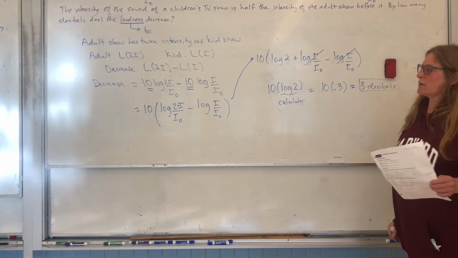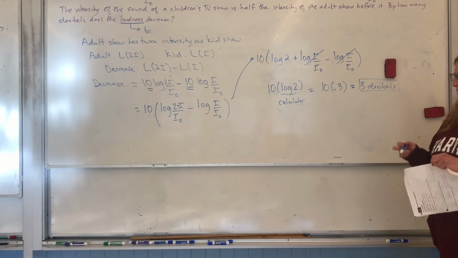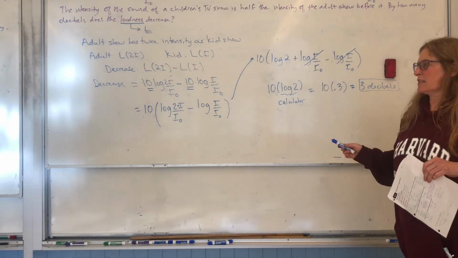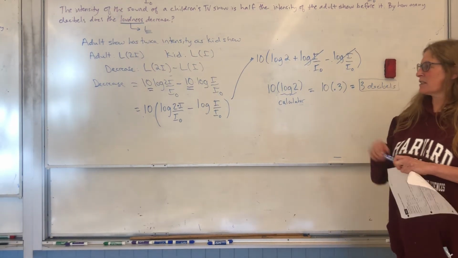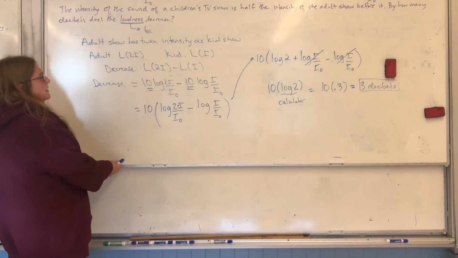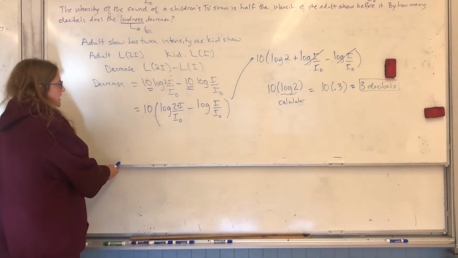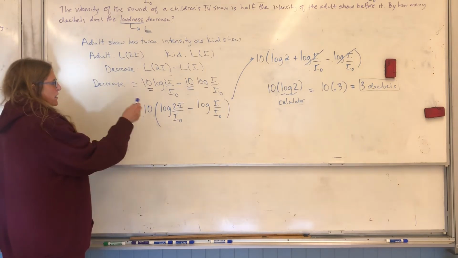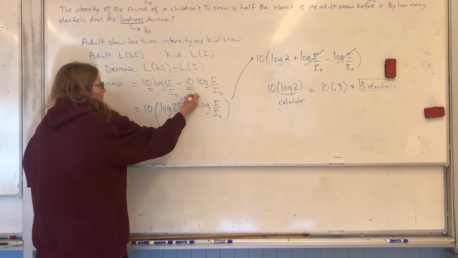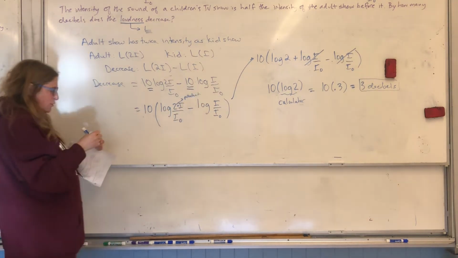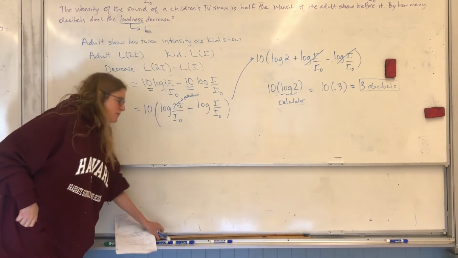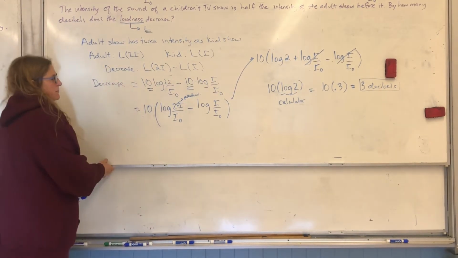Now that's a tricky problem. That's definitely not an easy problem. The next one is definitely a little bit easier. The practice problem on the notes is the second one, not the first one, because this is pretty tricky. If you need to rewatch that, that's okay. You can go rewatch it, because what's tricky here is that I had to use the product property to notice that I could pull the 2 away from the I over I sub O. That's a subtle thing to notice.